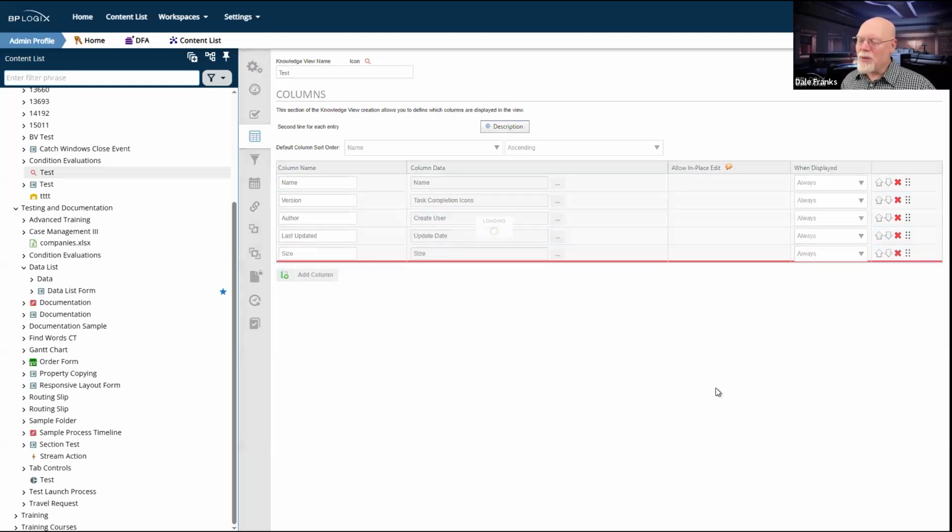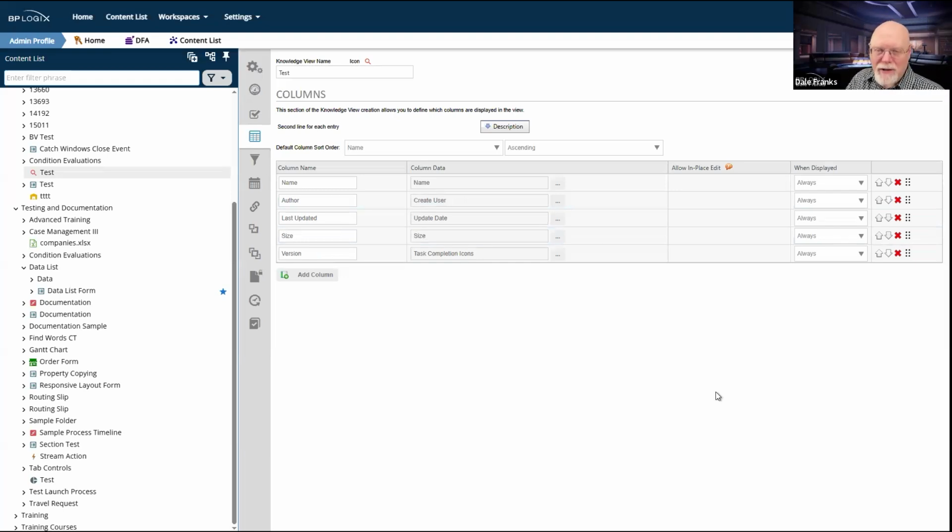Just as we did in .300 with all of the custom tasks on the custom task event mapping tab of a form definition, you can now do that inside a knowledge view and move the columns around. I think this is a big quality of life improvement. It is a major one, because having to click these little up and down arrows over and over again is a monumental pain if you have 30 or 40 columns in your knowledge view. We've now ameliorated that pain to some degree, so that you can just drag and drop those columns.